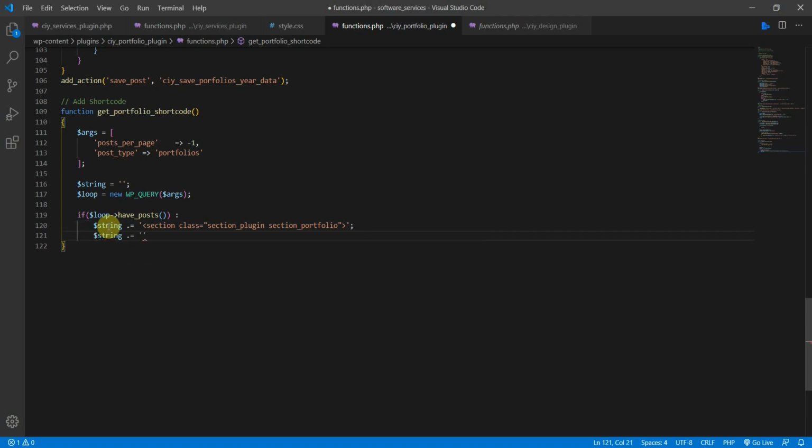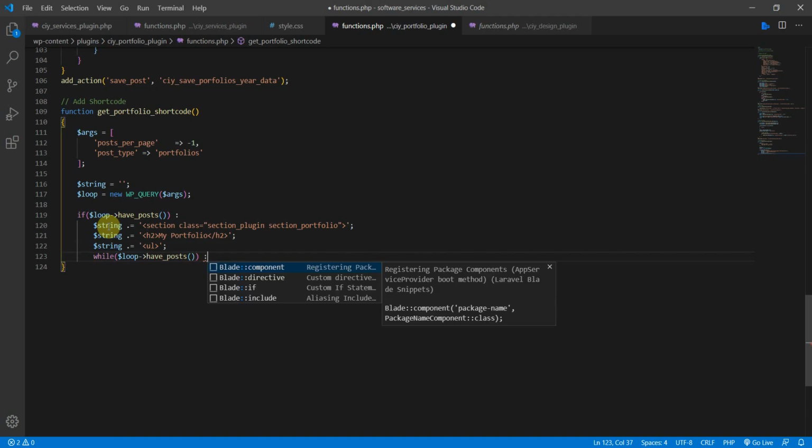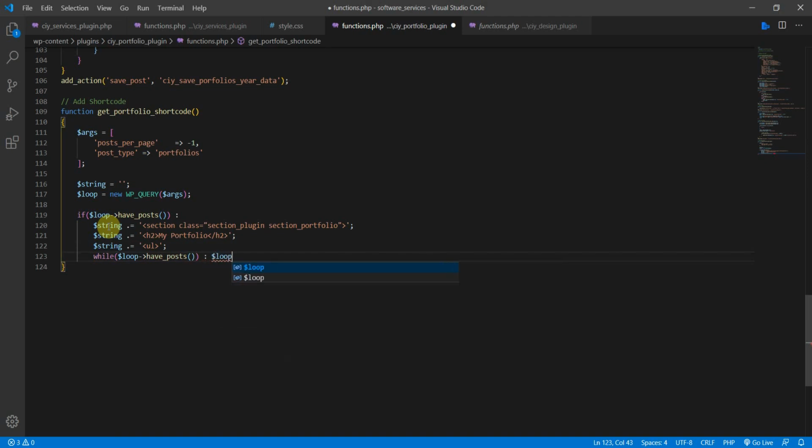append that, and let's create an h2 tag, and with my portfolio, semicolon at the end, and let's copy this one there because we need UL, create a UL tag like so. All right, now let's create a while loop. So we get loop, and then now we can have posts, and then let's create the post,